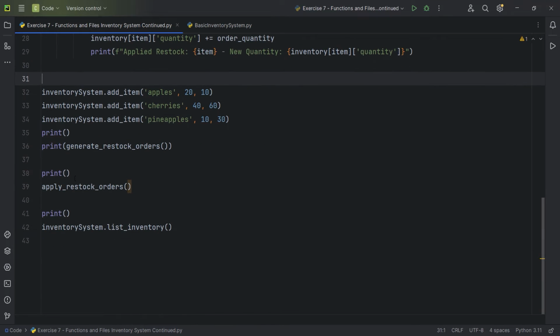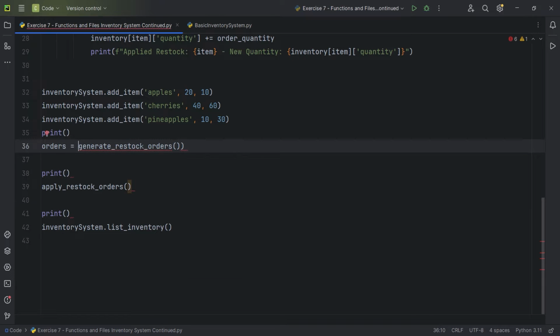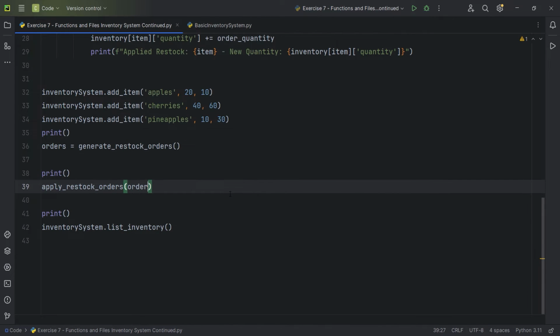After we finish that, I wrote these two lines of code right here. So in here, I should have orders, that is the generate restock orders. Make sure you don't forget these. And notice I have a print just to separate from other lines, apply restock orders, but we have an error. Why? Because this needs to have some kind of dictionary, that is the orders that we've already created right here. And then we also separate this where we print out the list of inventory